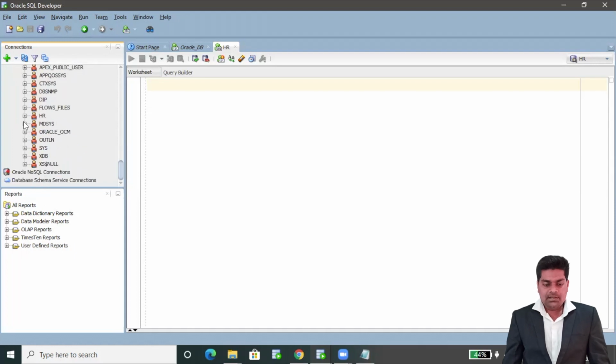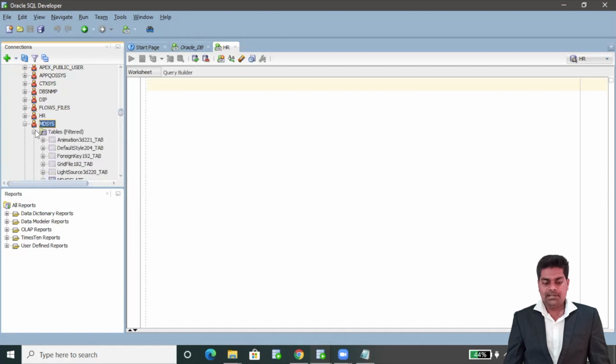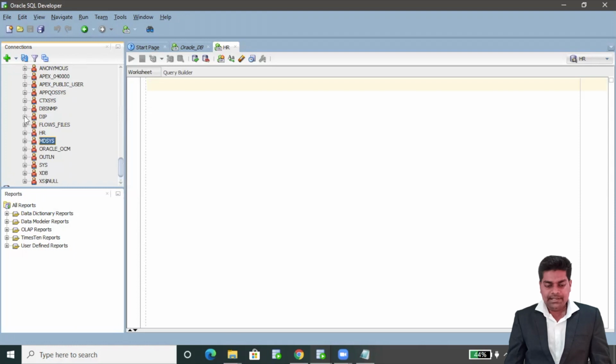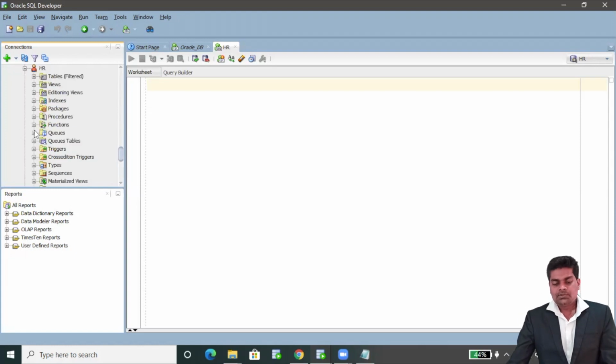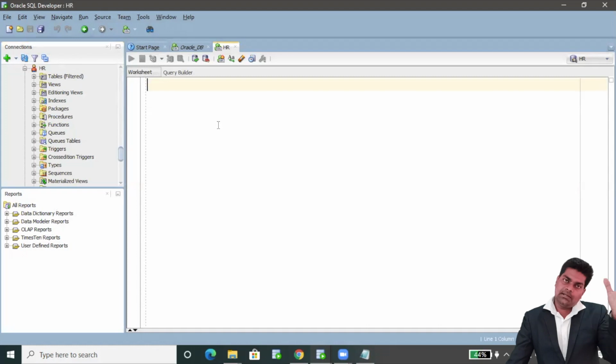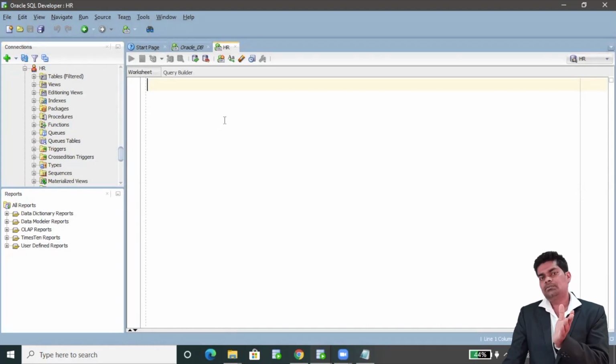And we have again, suppose, MDSYS. Inside MDSYS there are again multiple tables. Then we have DIP, DBS, and MP. The very important thing is, like, I'm traveling by Indian Railways or any train, in some coaches.